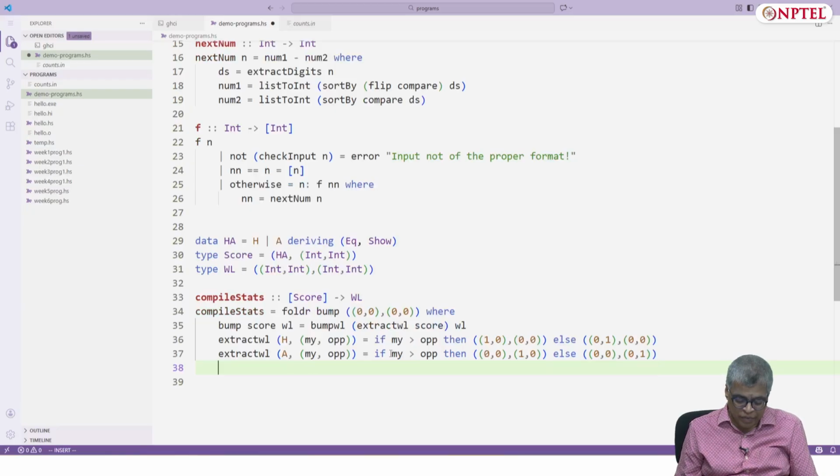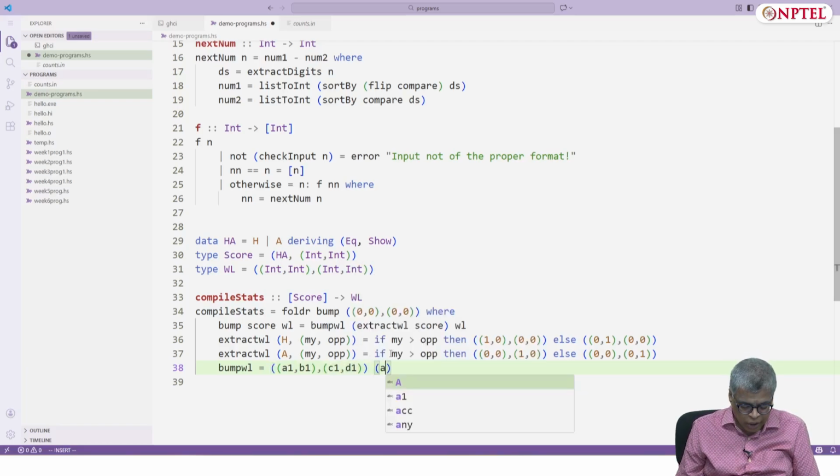Now we've done this. Now what is the bump win loss? This is a situation where you have A1, B1, C1, D1, and an A2, B2, C2, D2.